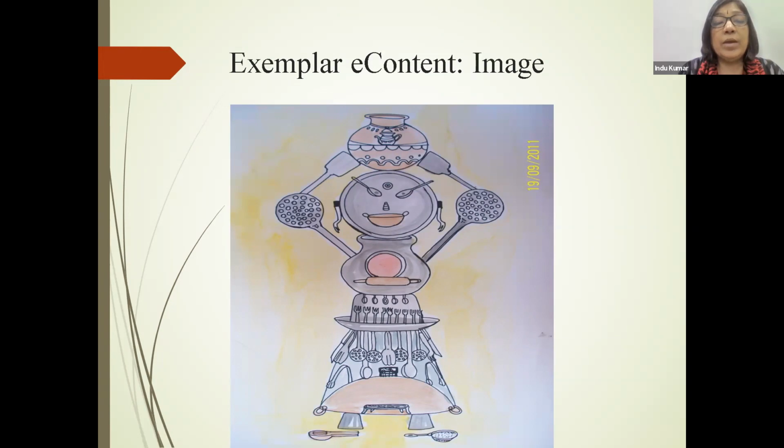So this is an image which can give children a gamified experience. There are a lot of kitchen utensils which you can see here in this image, and the concepts of food, cooking, fetching water, and a lot of other concepts you can bring into the classroom using this image. You can ask children to identify the images hidden, and then build a discussion around it.